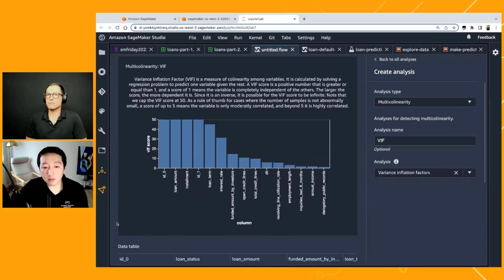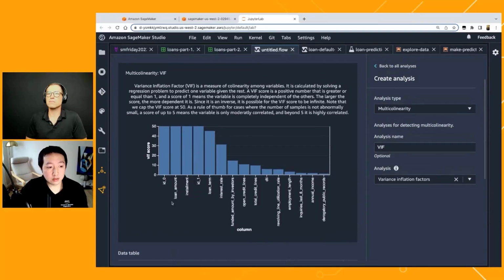So another correlation that we learn is that interest rate, for example, can be inversely correlated with the credit grade of a customer, right? Also the installment amount can be correlated with the interest rate. The higher the interest rate, the higher the installment, and it is also correlated with the loan amount.